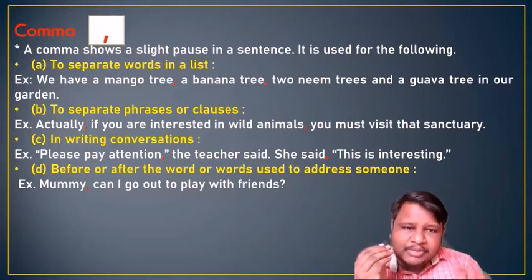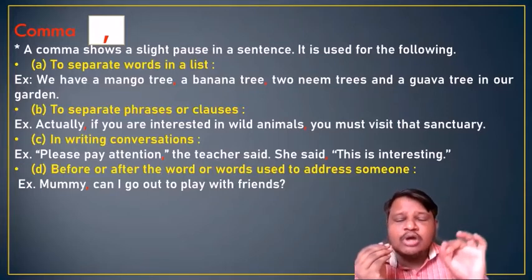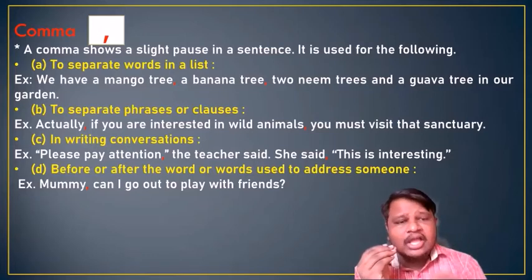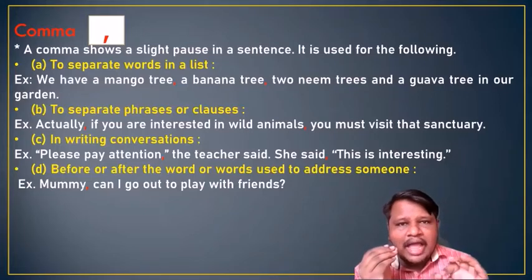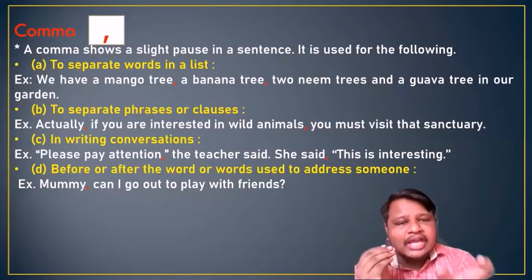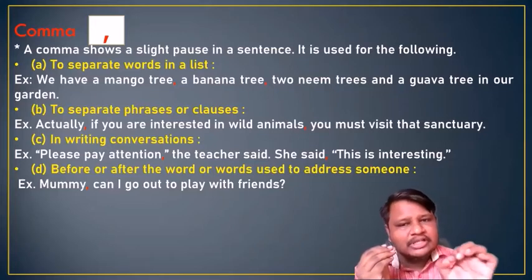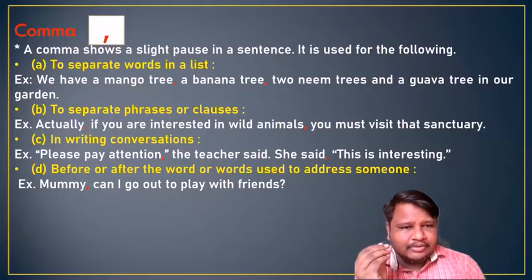These are the conversation. The teacher said means the teacher used to talk to someone who is there, means the teacher used to talk to a student. This is a conversation between teacher and student. And when we are writing the conversation, at that time we have to use this comma as a punctuation mark when any short sentence makes a little bit of meaning. After that we have to put it. Is it clear?